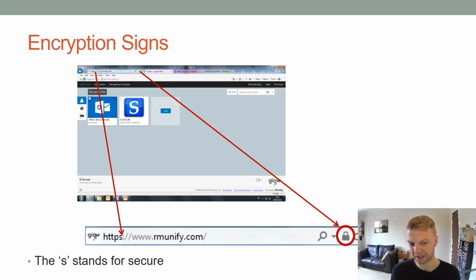You'll know a website is encrypted if you see this padlock or if you've got an S after. So this stands for Hypertext Transfer Protocol, and the S stands for secure. And if there's a padlock, it means it's secure as well. Sometimes you go into a website, it doesn't have this, which means it's not sending encrypted data. So you should never, not saying that the site is necessarily run by scammers, it might be, but if you don't have this padlock here, or if there's a cross through it, don't enter your bank details or anything like that. That is not a secure connection, and you can get hacked that way.